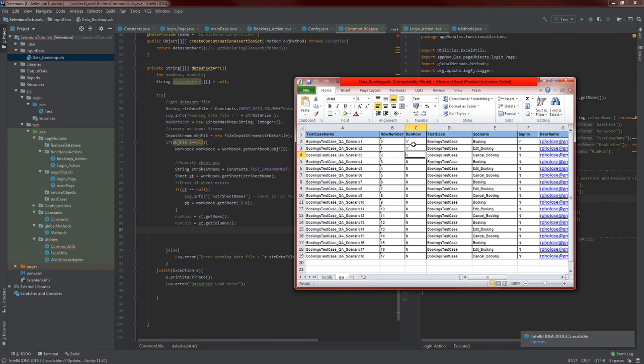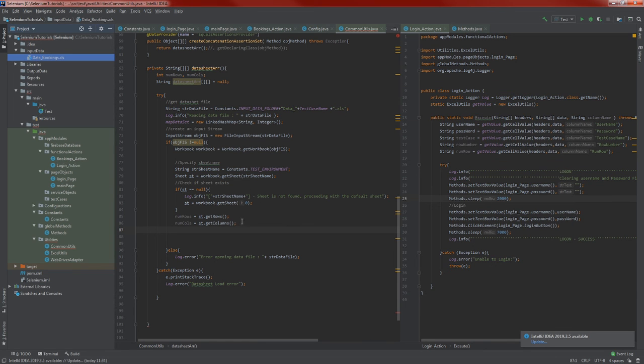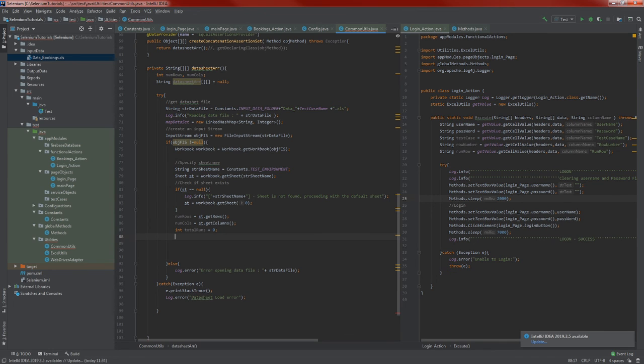So these are just 3 rows for now, so we also need to check how many rows will we run on. So in total run rows is 0. So let's loop